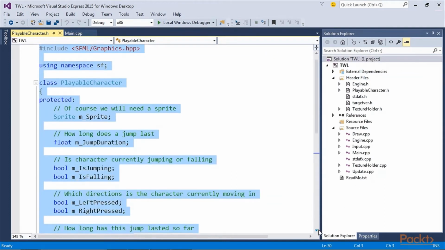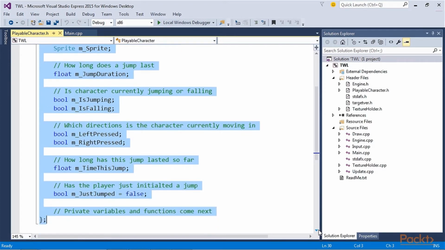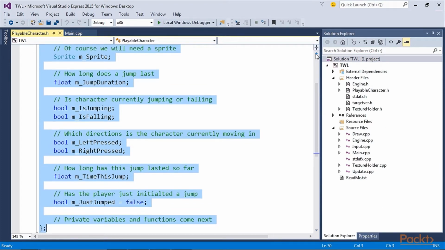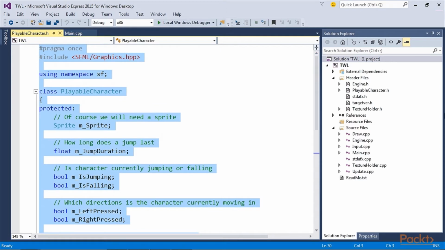Add this highlighted code in the file. As usual, when creating a class, we will start off with the header file that will contain the member variables and function declarations. What is new is that in this class, we will declare some protected member variables. Remember that protected variables can be used as if they are public by classes which inherit from the class with the protected variables. We will add and discuss the contents of the PlayableCharacter.h file in 3 sections. First, the protected section, followed by private, then public.